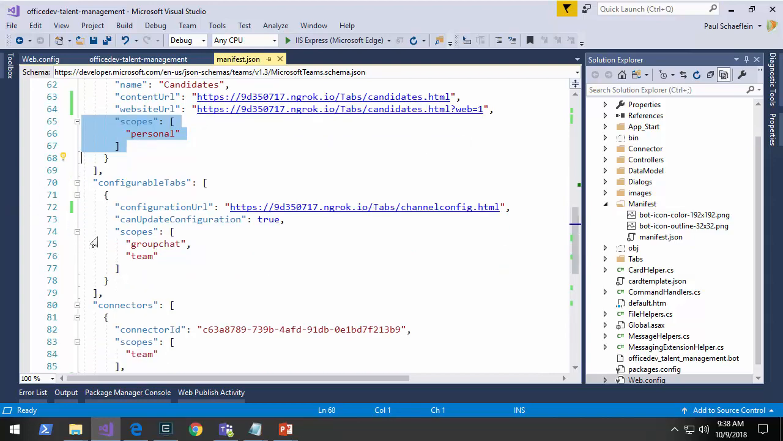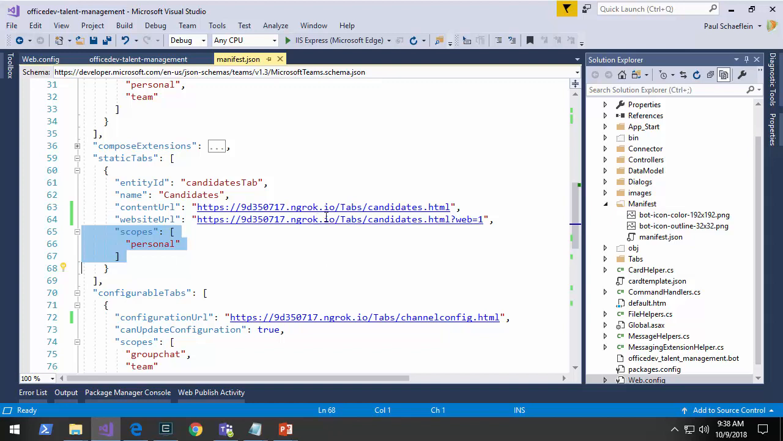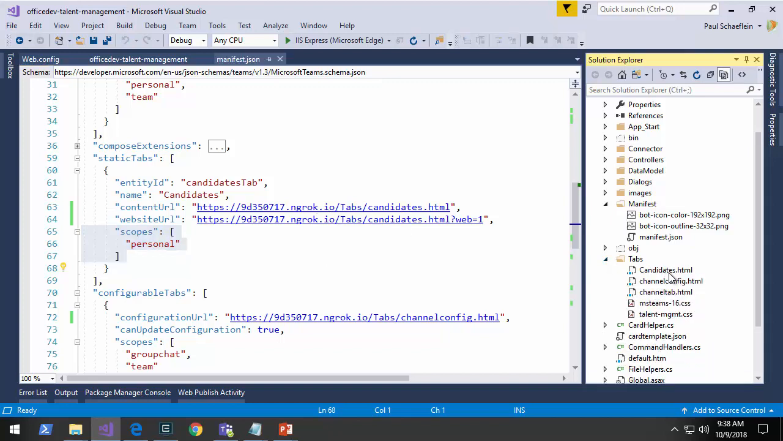Then we have the configurable tabs, and the configurable tabs only has one URL, the config URL, and then it describes the scopes in which it is allowed to run. Now I want to look at the page. So if I go back to my static tabs, in the tabs folder I have my candidates.html,